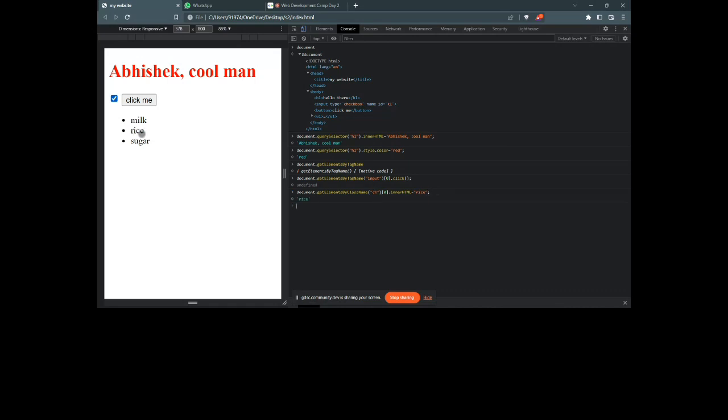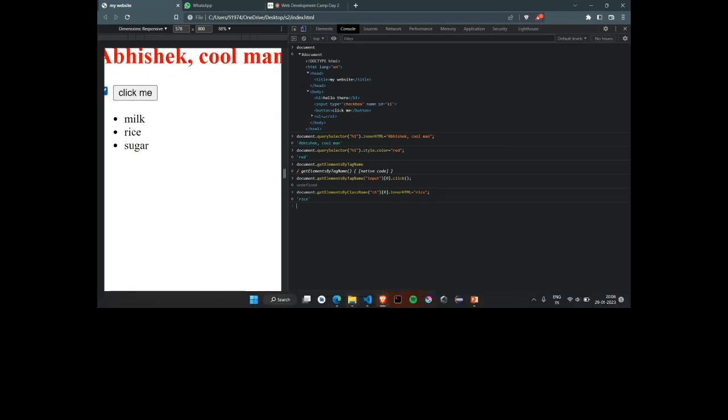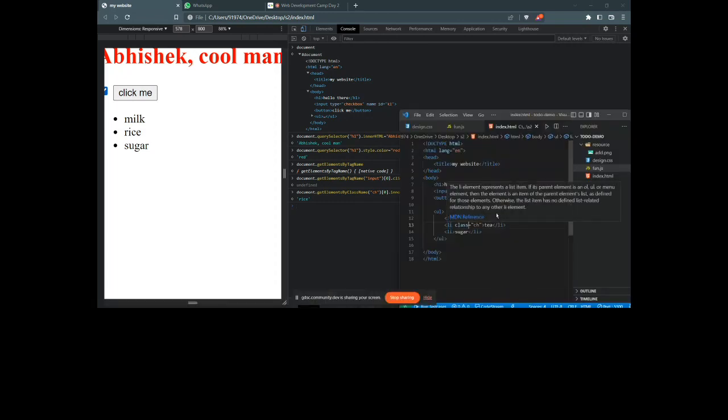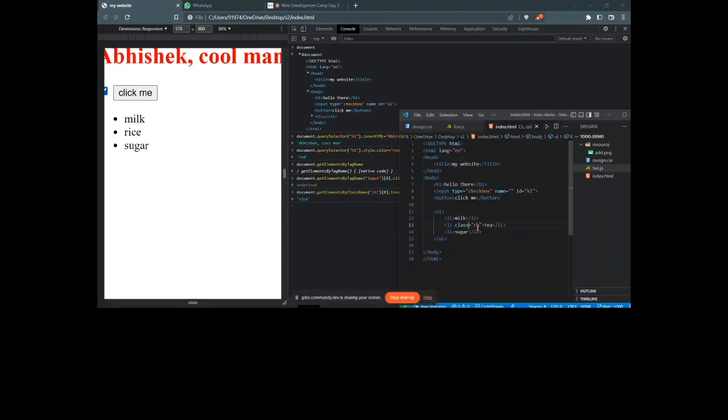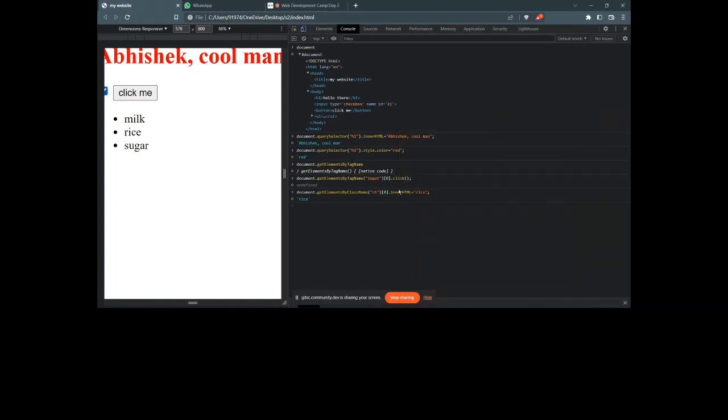So now this one got changed because we were targeting this rice. So basically the class name, that is ch, the second one, the t, sorry, I was talking about the t. So the t has a class called ch, and I was targeting the class name that was ch, and I initialized the zero index and changed the inner HTML to rice. Now that t got converted into rice. So if I need to change the color, I simply need to select the color property,